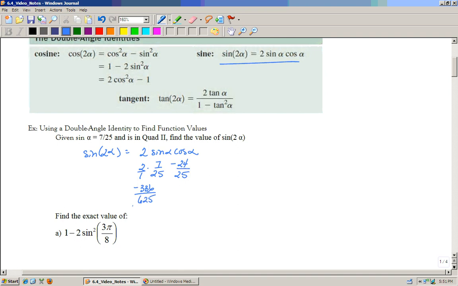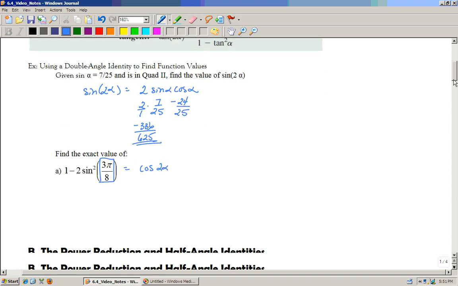Finding an exact value, notice that this 1 minus 2 sine squared is up here. That's the same thing as cosine of the double angle. So cosine of 2 alpha. In this case, the alpha is equal to 3 pi over 8. So when you plug in